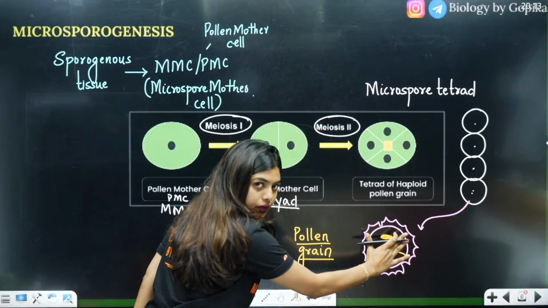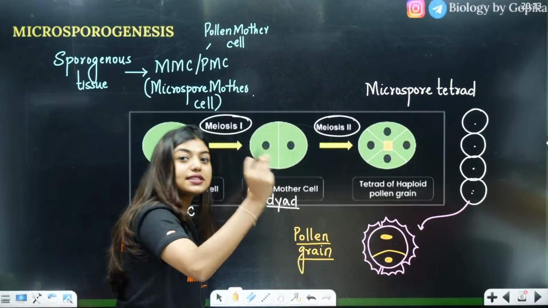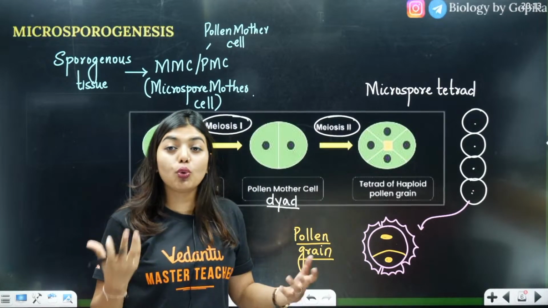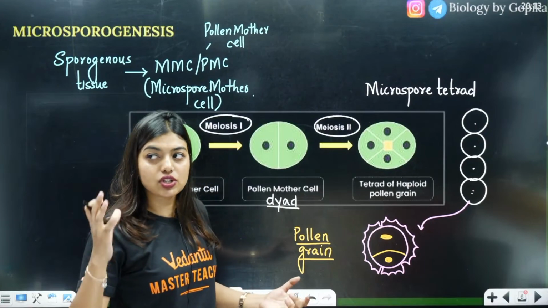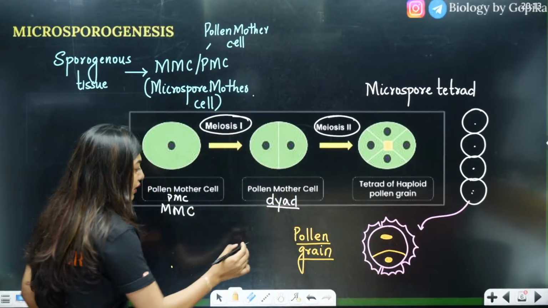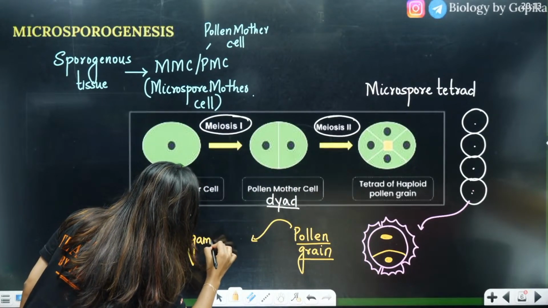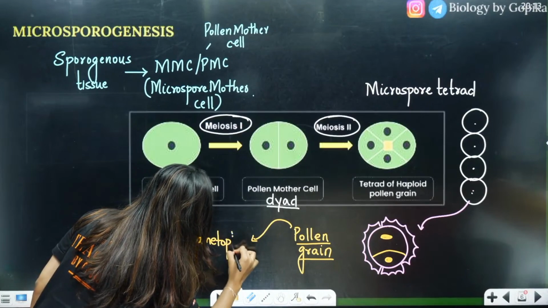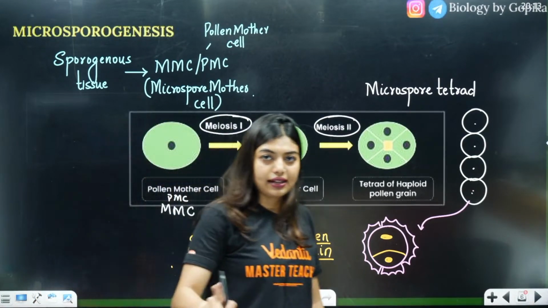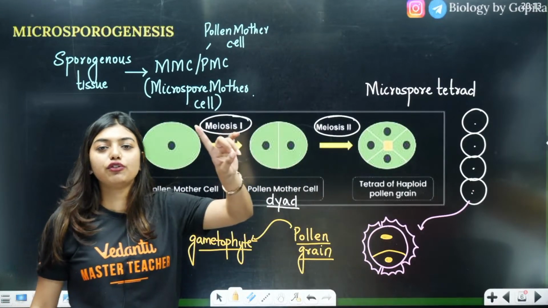This is the bag. Inside that, there is the generative cell. The generative cell is going to have the chocolate. The generative cell is going to have the male gamete. So what is it going to be? Yes, very good Tanuja, I can see your message. So pollen grain is a gametophyte. Is this clear to all of you, those who made a mistake? Gametophyte. And in this you have vegetative cell and generative cell. The generative cell is going to form the male gamete.